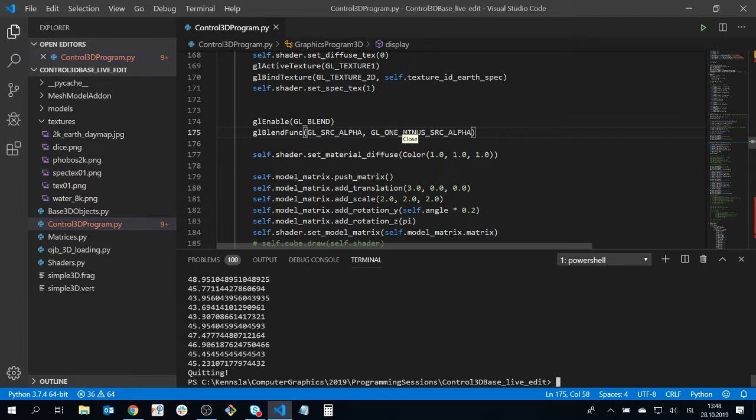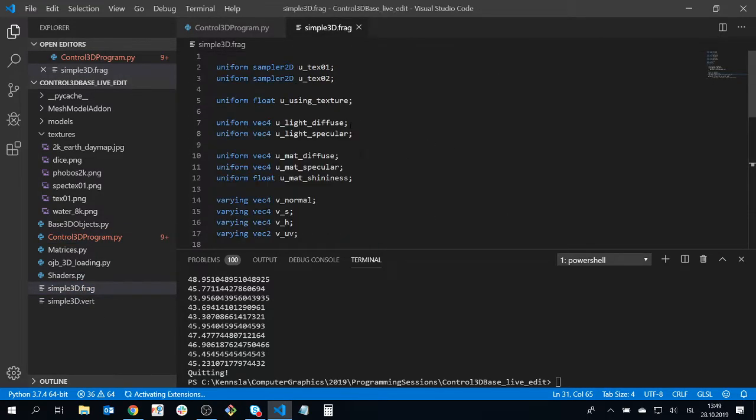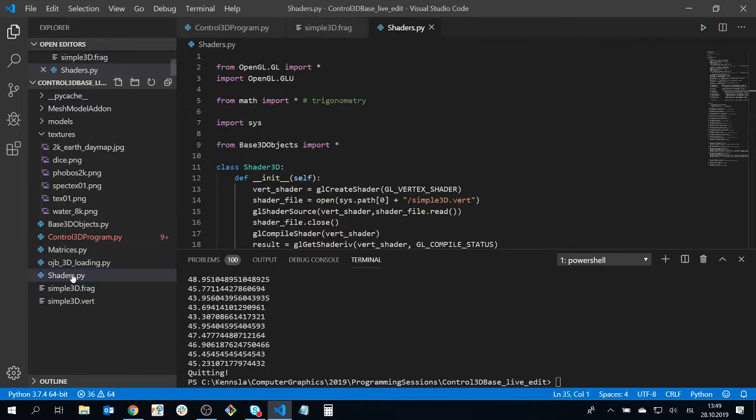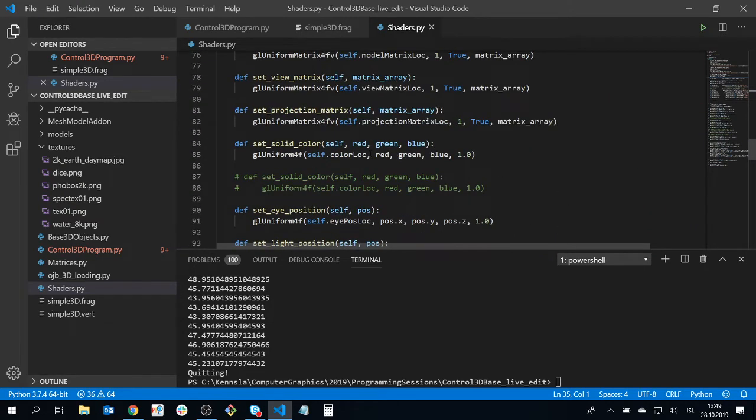So we could do several things now. We could go into our shader and set up some kind of variable here, something like uniform float opacity, and just set the opacity explicitly. We could also say, I already have a diffuse value here which has 4 values. If we look into our shader class, we have set